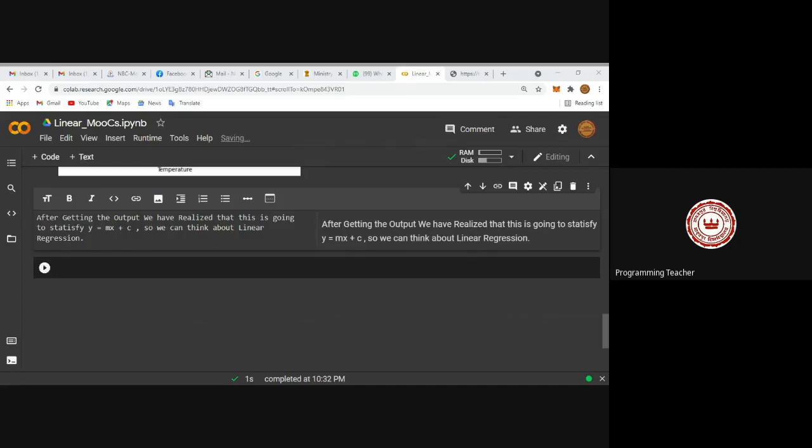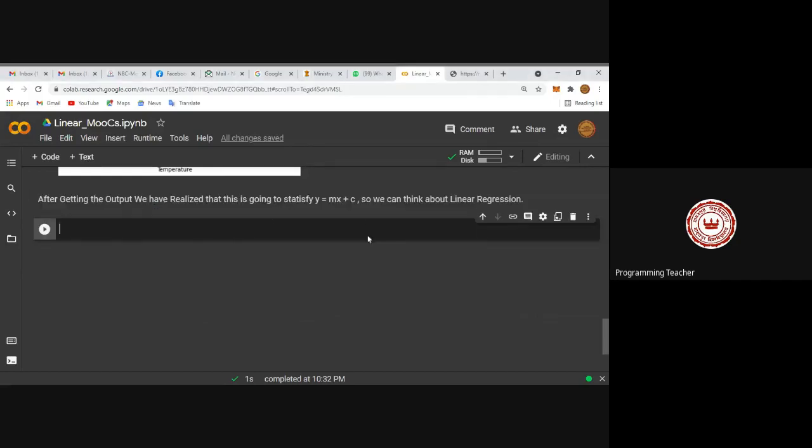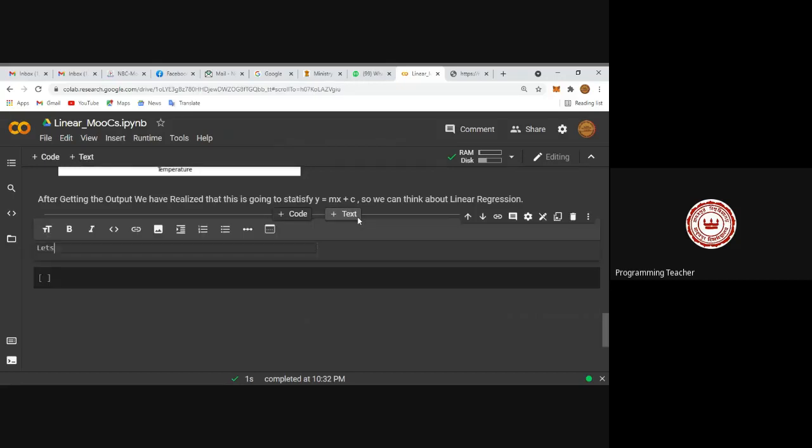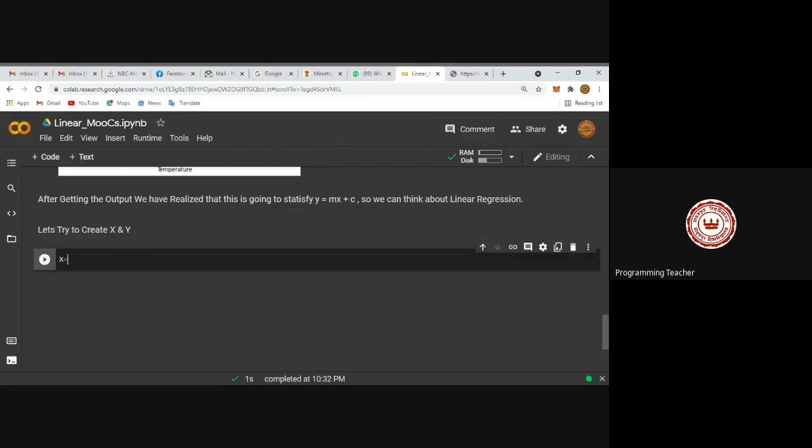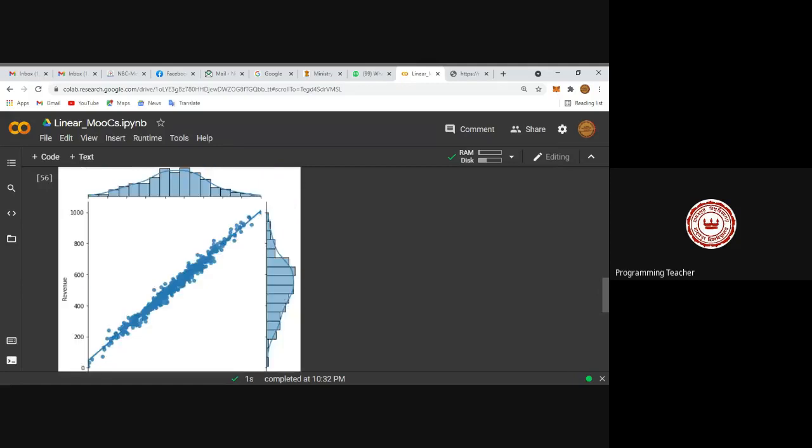We have to divide x and y. So creating x and y. How to do this? X equal to ice cream, then just copy the spelling.